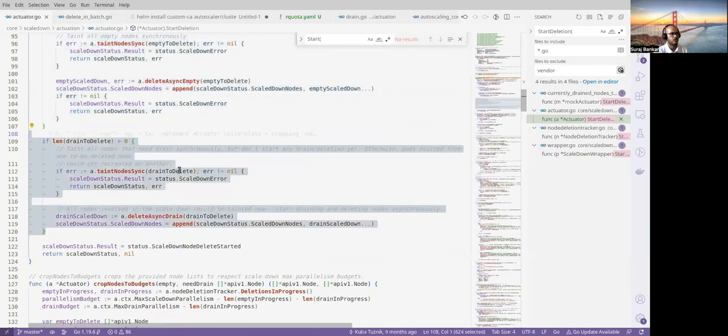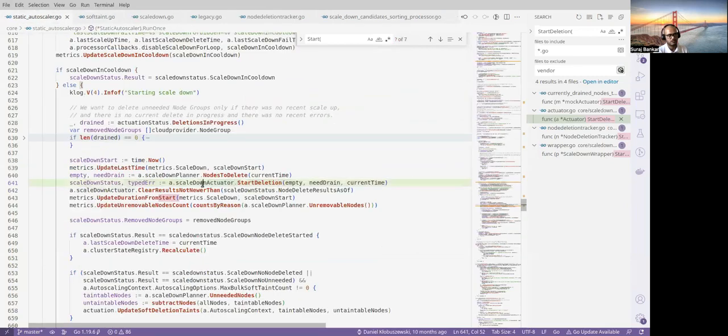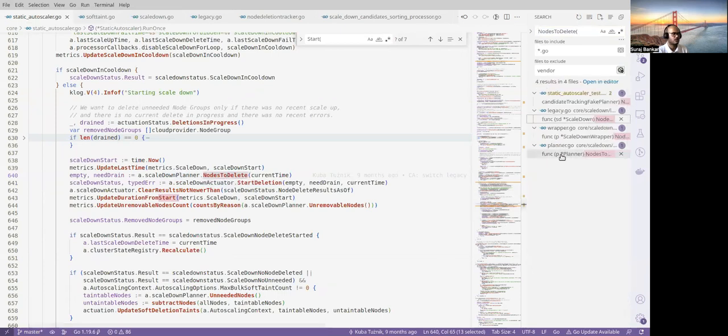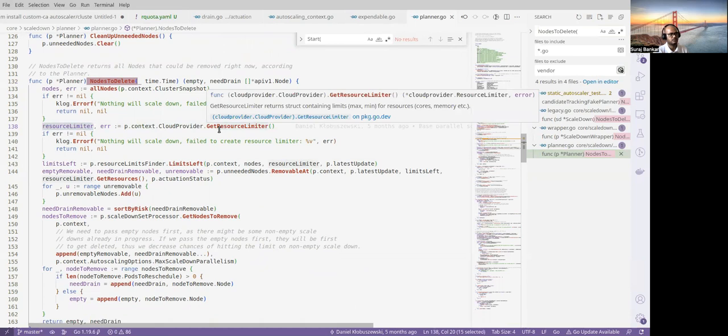So back. This is how deletion works. As for the scale down planner, nodes to delete, let's look at that. We get the resource limiter, which is basically,